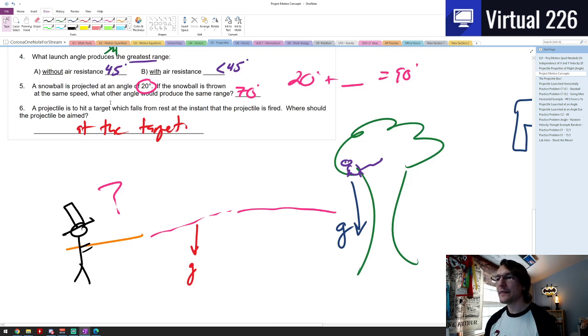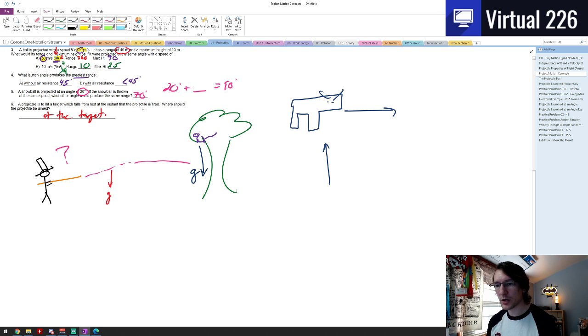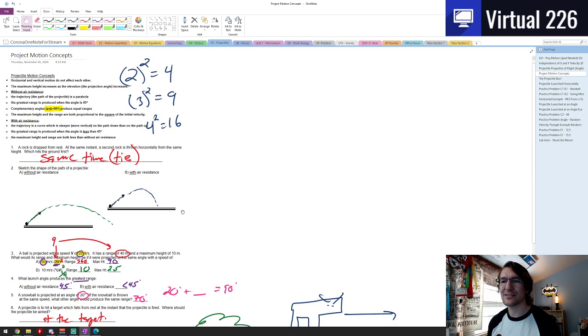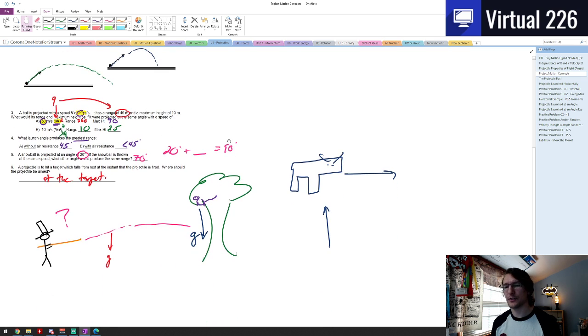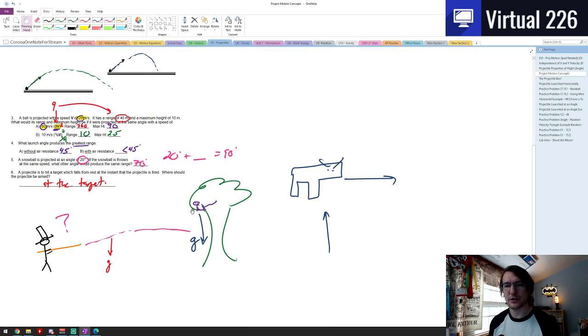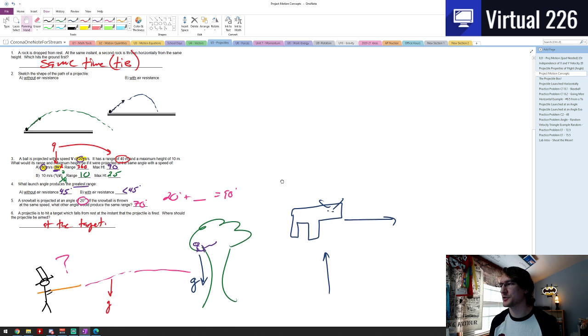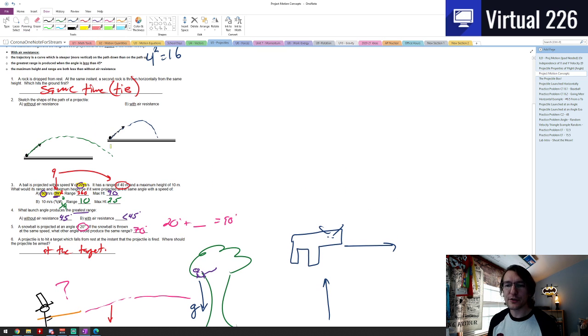Okay? So that just took us through a little bit more projectile ideas. Some of the things that we know about the projectiles, we can think about. And a few questions, kind of like proving those strategies, and a little demo video on how we could go out and hit something falling from a tree, or a net gun to save a monkey falling from a tree. I don't know. But these are just projectile concepts that we should know here. And in our next video, we're going to talk about the projectile box, which will help us start to solve a lot of these